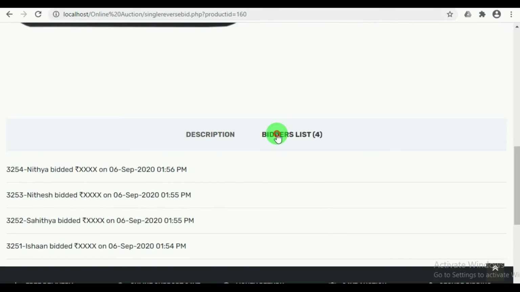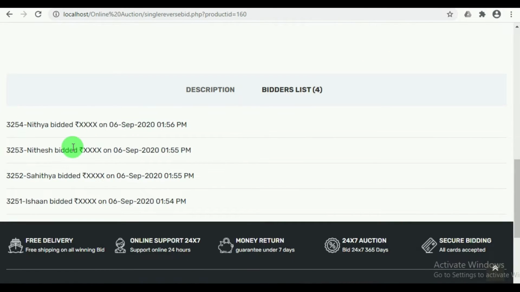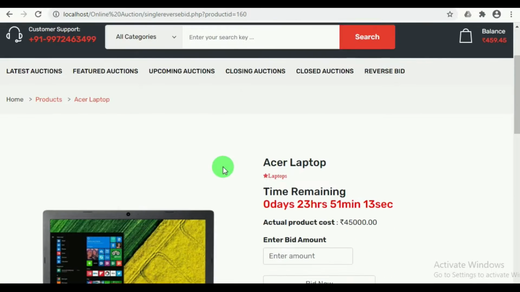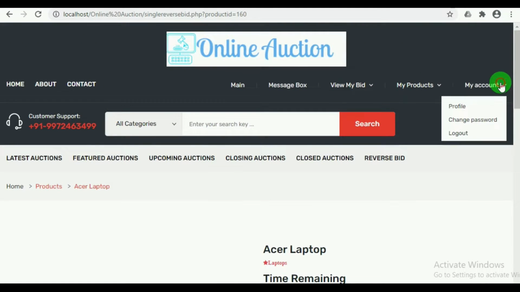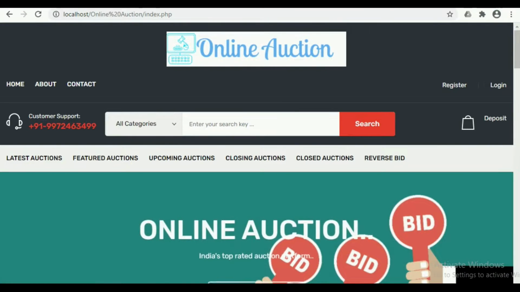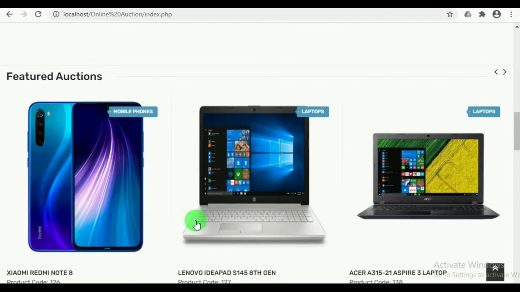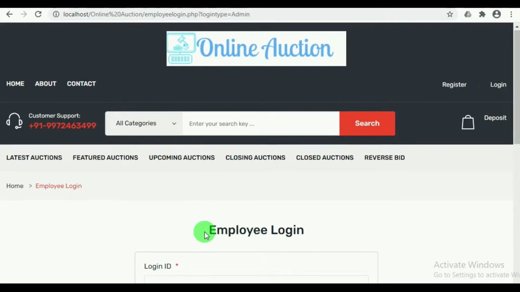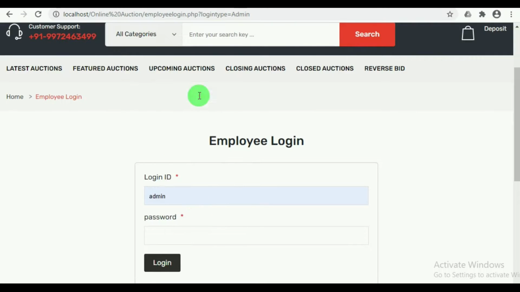Under bidders list, the person can view the names of various bidders, but he cannot view the amount they have added. Let us log out as this customer. Let us now log in as admin. Admin can log in by mentioning their login ID and password.